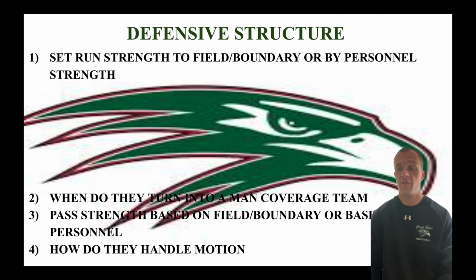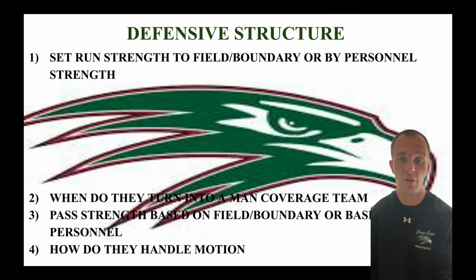And so if you're going with your pass strength and formation strength into the boundary, and they're staying field to everything, you're going to have a really good night running to the boundary. And if they over-adjust and now everything's into the boundary, you can hit them to the field. So it's one of those things of just understanding what their defensive structure is. Will they change? How do they handle those types of situations?